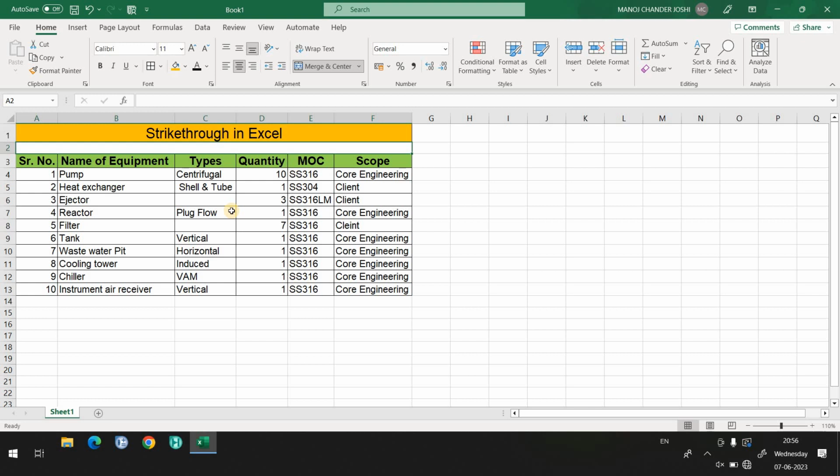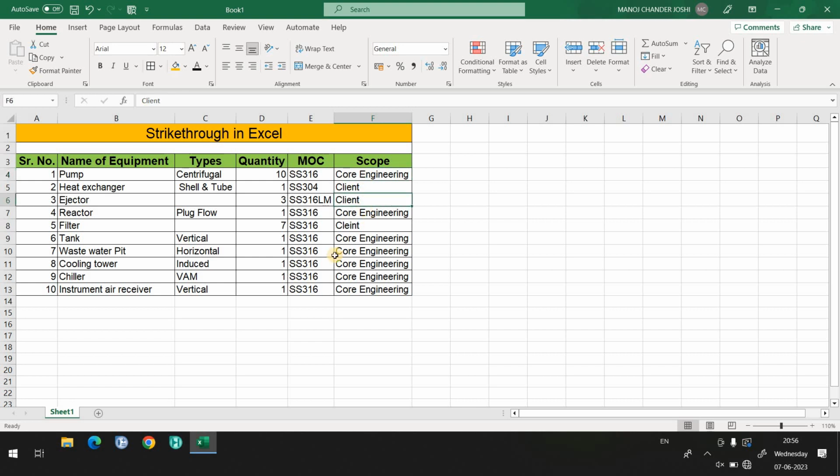For example, see here, this is my equipment list. This is the name of the equipment, this is the type, this is the quantity, this is the MOC, and this is the scope. This is in the scope of core engineering and this is the scope of the client.